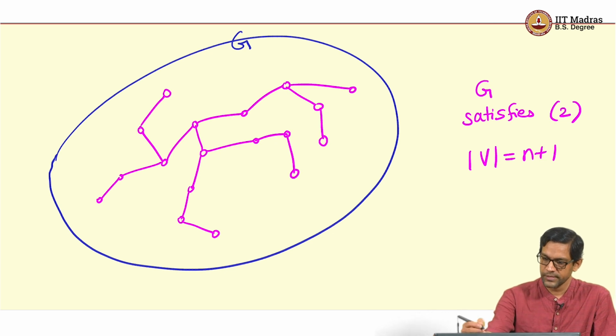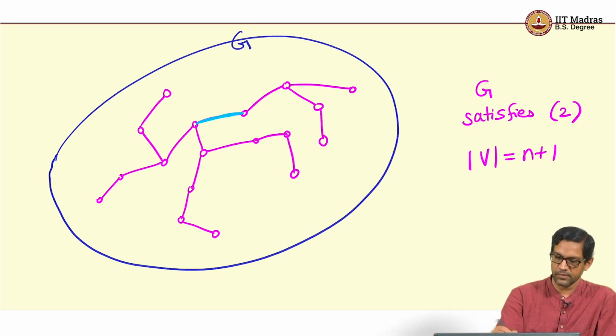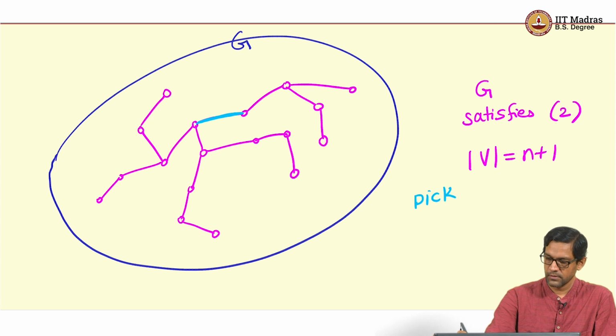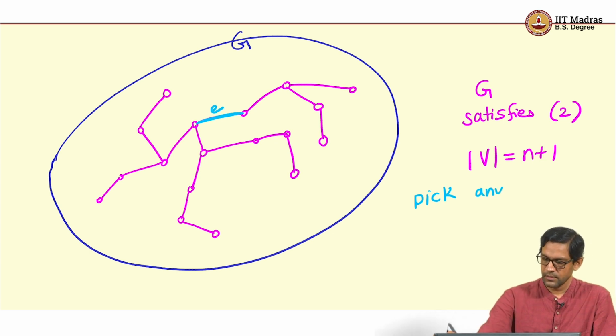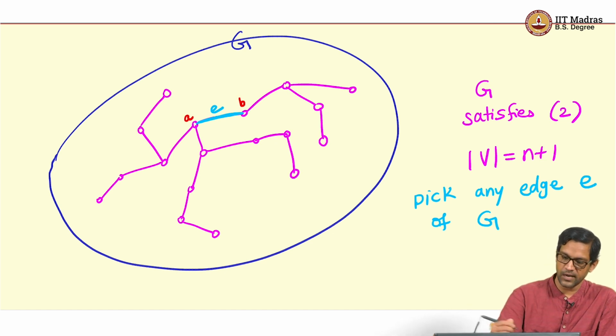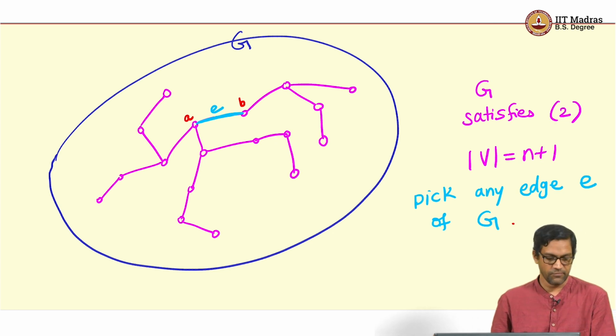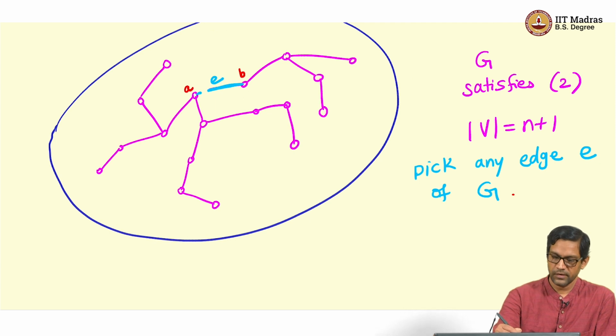So what we will do is the following: we will just pick any edge of this graph. Let me pick this one for example. Pick, let's call it E, any edge of G, and let's assume the two ends of E are called A and B. The two vertices are A and B. Pick any edge. Now what we are going to do is remove that edge from the graph. So we will delete that edge. Let me just delete it for now. So I delete that edge E,